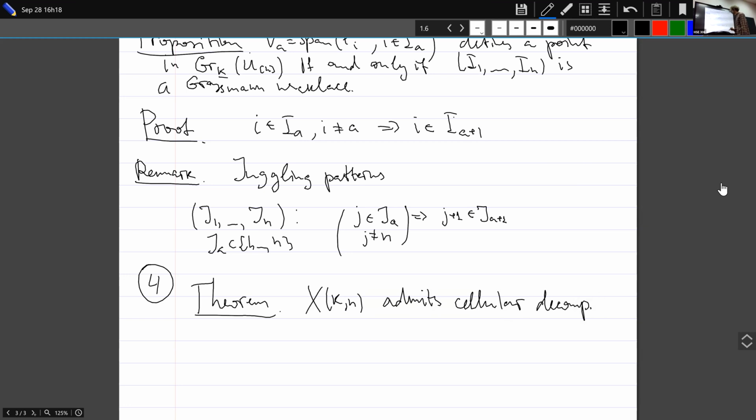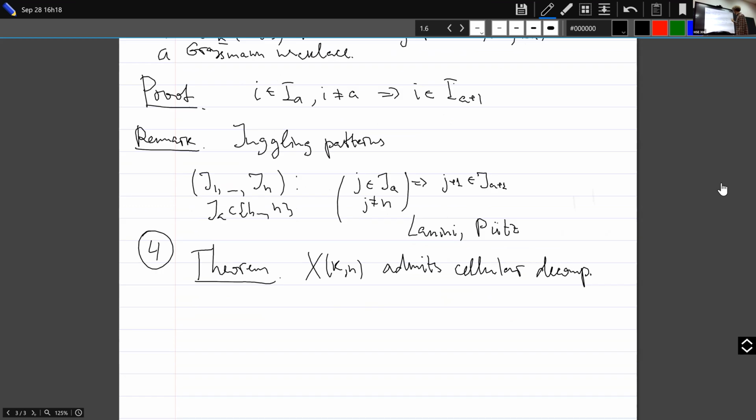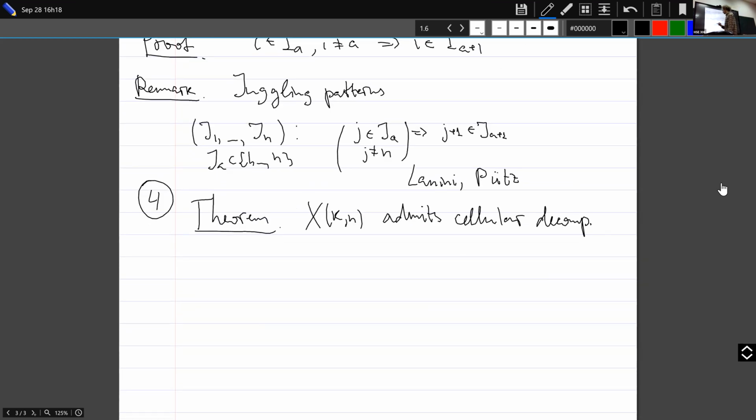Let me repeat what I said last time, that this is based on my joint work with Martino Lanini and Alex Putz. So XKN admits a cellular decomposition